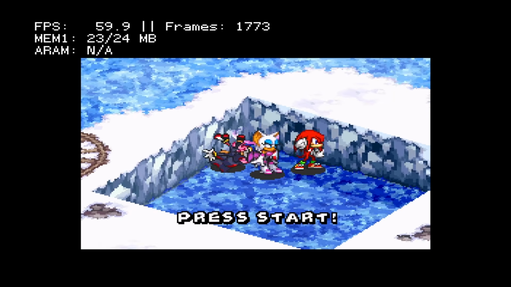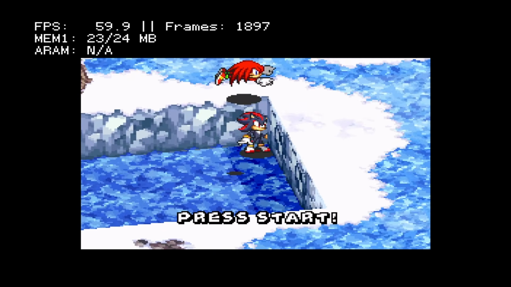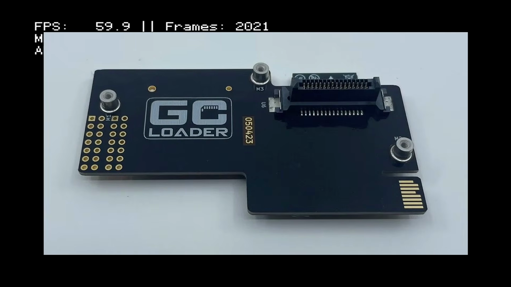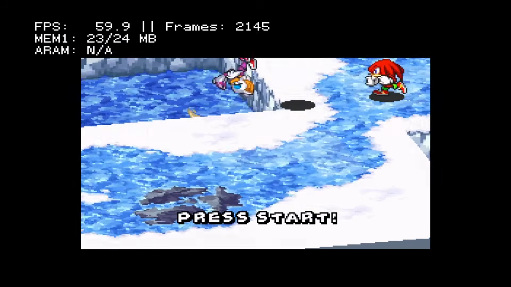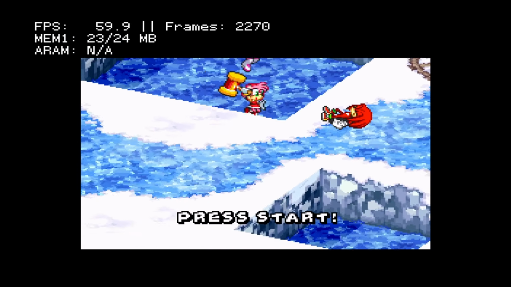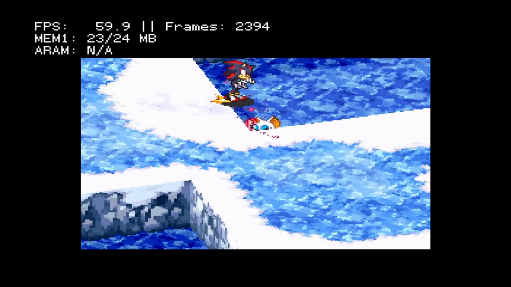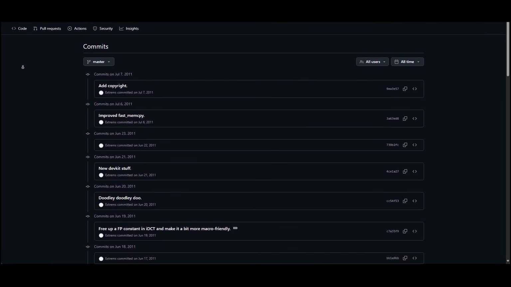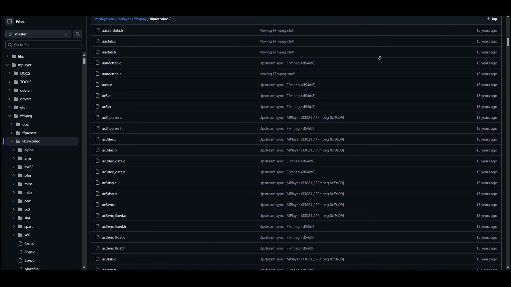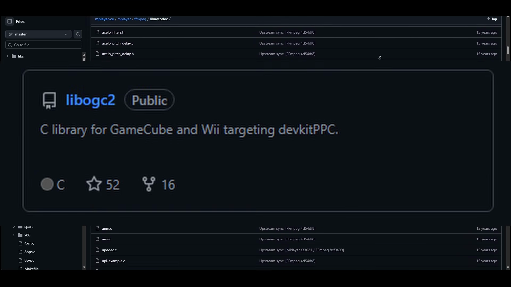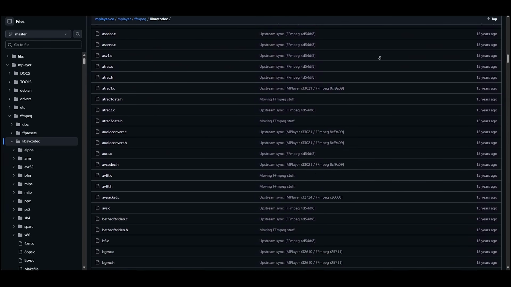Luckily, what we really want is to have access to more storage devices such as the GC Loader's SD card, so I can play video without having to buy an SD card adapter for the memory card port, which I understand is currently the only way to use MPlayer on the GameCube. So the goal here is to get the 2011 source code for this homebrew app compiling with the latest dev kit so we can use libogc2 and implement GC Loader support.